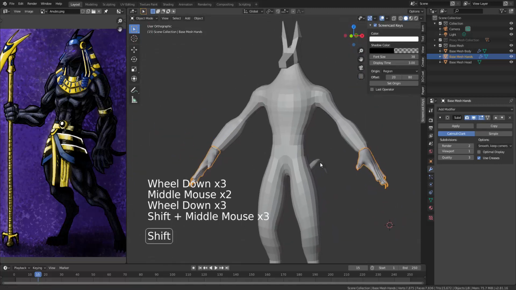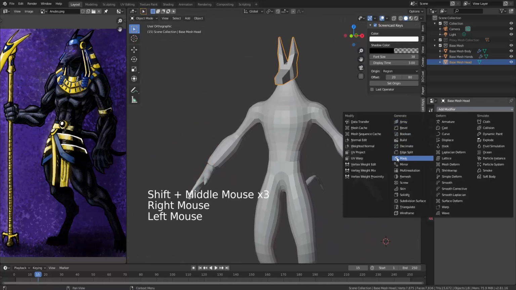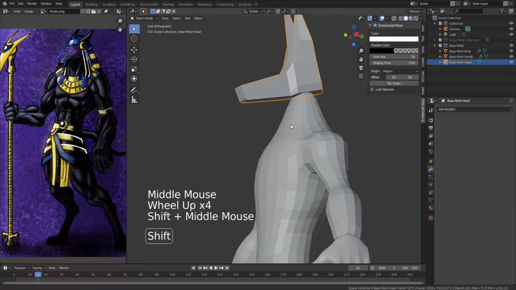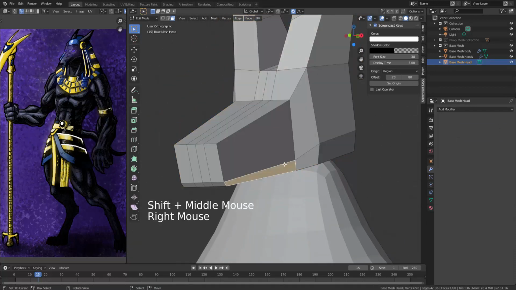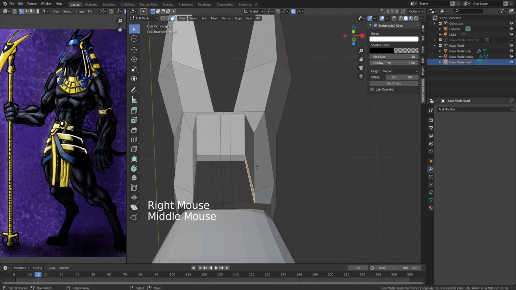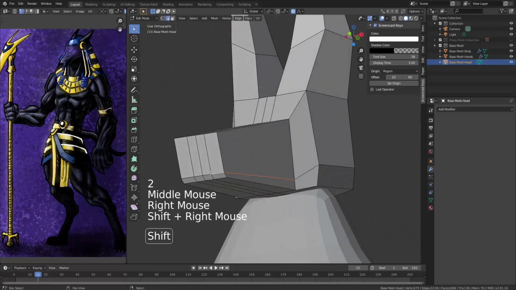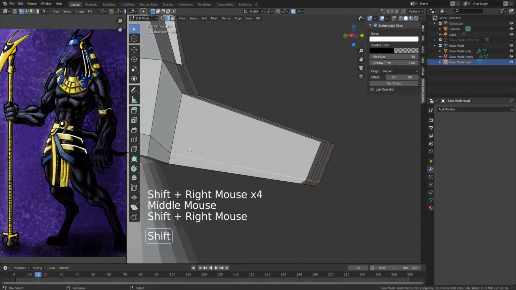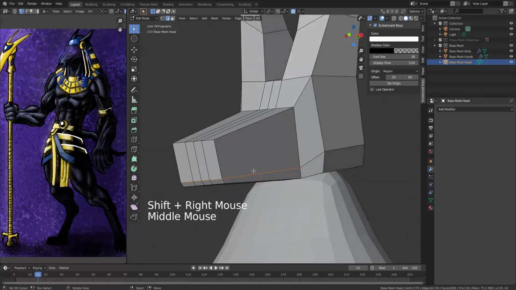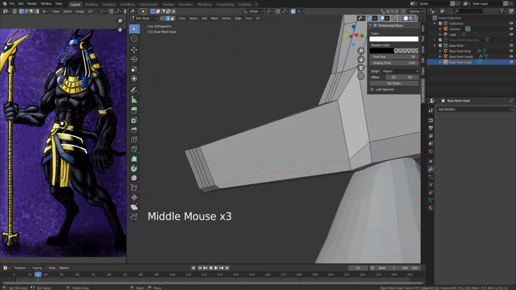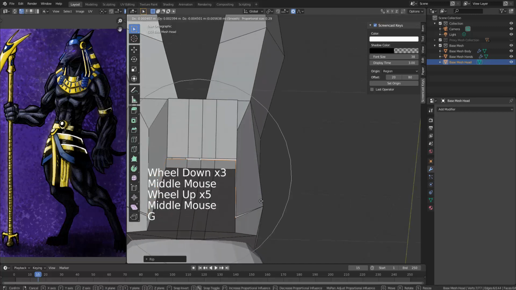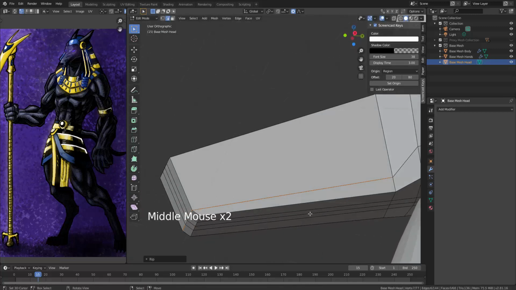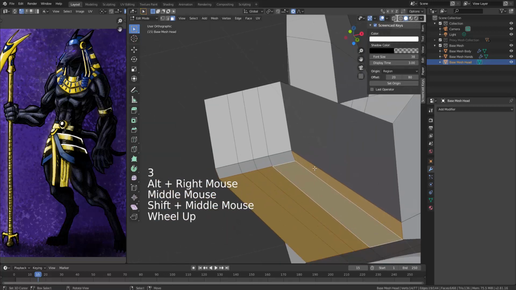And then the only other thing we need to add a subdivision surface to is the head model. But before we do that, actually, because this character is going to be able to open and close its mouth, and if you wanted to do that successfully, we're going to select these edges here and hit V to separate them, just like we did with the thumb. Now that they're separated, we're going to hit 3, go in the face select mode and select that ring